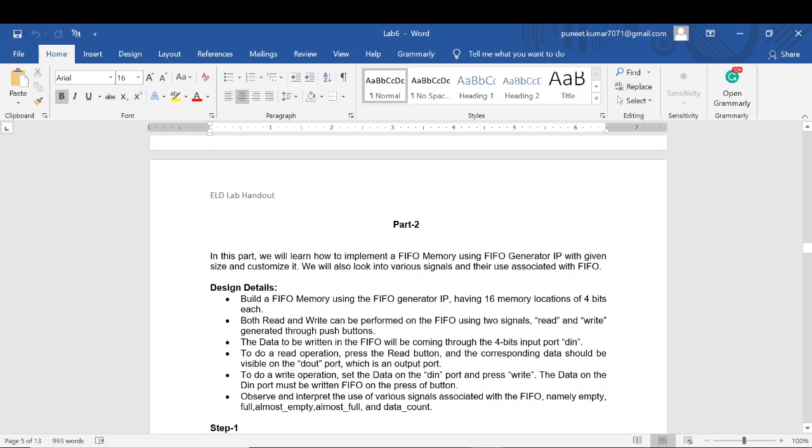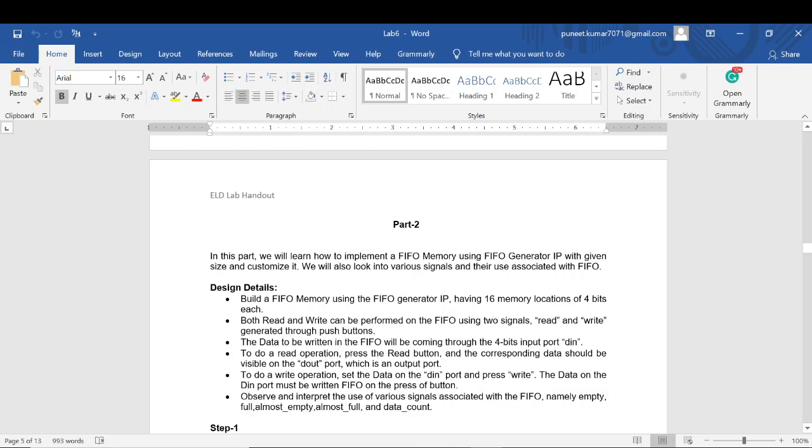So that's all about the FIFO. Now the question arises: why do I need such a thing in hardware design? Let me give you a very good example. A modern integrated circuit contains billions of transistors, and there are different clock domains on the chip. Some circuitry will be functioning on one clock frequency, and other circuitry will be functioning at a different clock frequency.